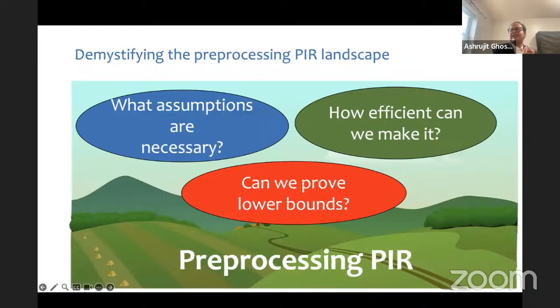Further, lower bound techniques for proving limitations of PIR are very few and far between, and the known results are extremely weak. I want to explore coming up with newer and richer techniques that help us prove meaningful PIR lower bounds.